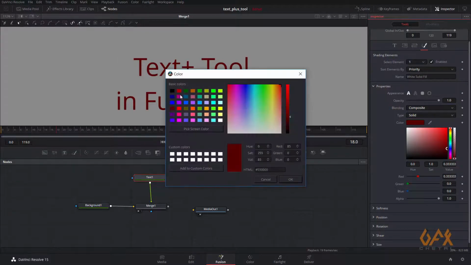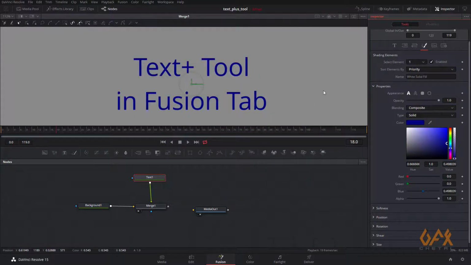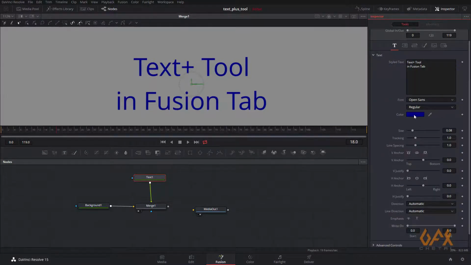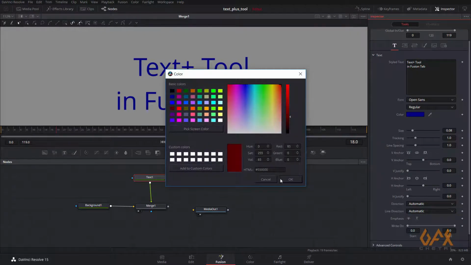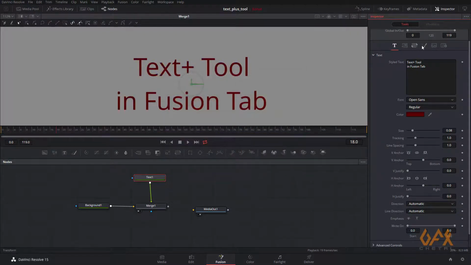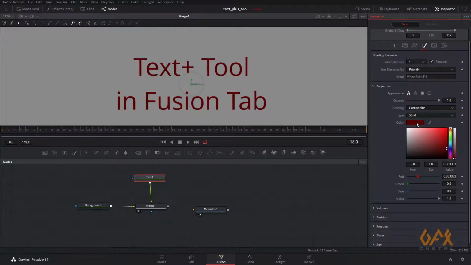So if I change from here like dark blue, so this property is also available in text tool. See, so if I change again dark red, and in shading it reflects over here. So basically these are the same property. Now the basic tools over here, like you can change the property, color property, and all those stuff.